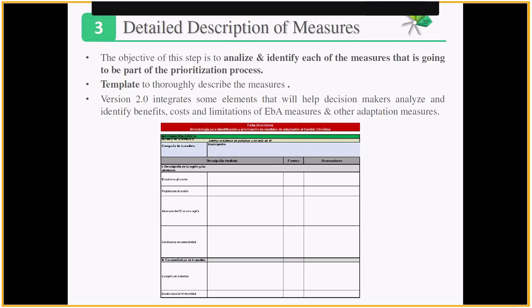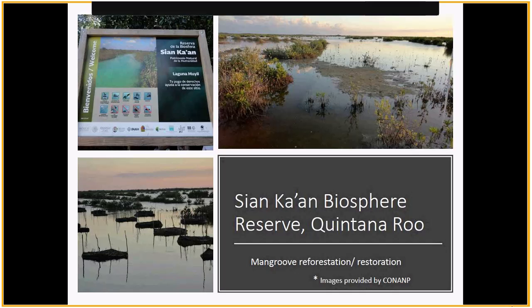Okay, so the fourth step would be just to show that the methodology has been created since 2015 till now, and it has been piloted and implemented in specific territories in Mexico.